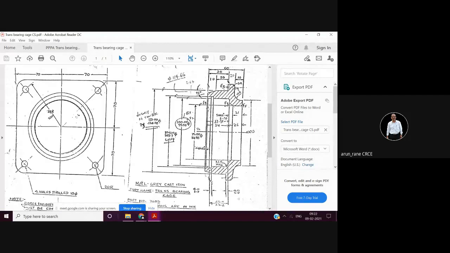Multiple boring bar is a special kind of tool which is to be designed by the process engineer with the help of the tooling department. This special tool will be required if the quantity is more. Like suppose if it is 5,000 pieces per month, then it is worth going. Otherwise, you can simply use a normal boring bar, which will do one bore at a time.